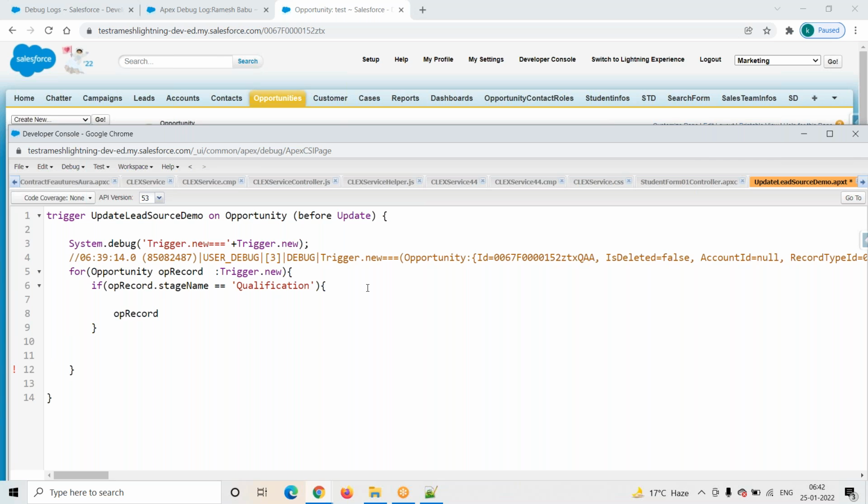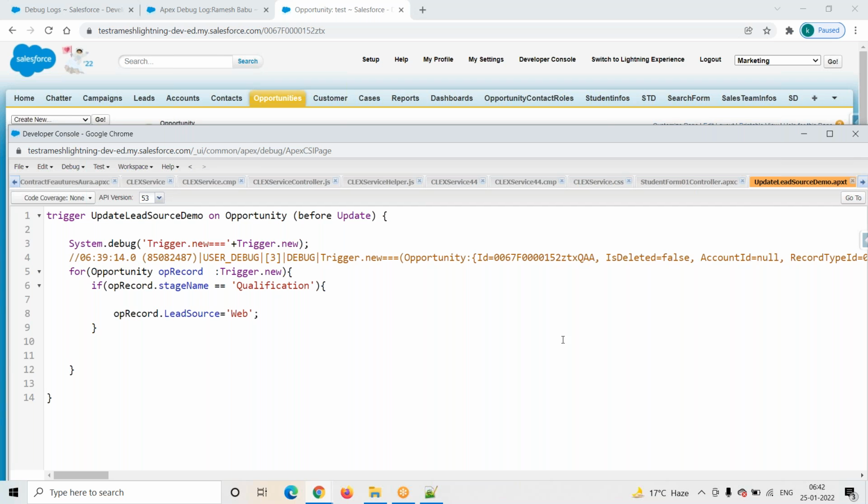Update opRecord.LeadSource, update the lead source field to 'Web'. This is my requirement. Here we have to add it in single quotes, not double quotes. Double quotes will not be accepted. Try to save this one.